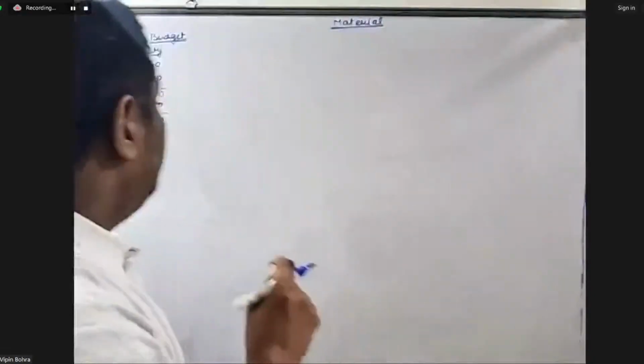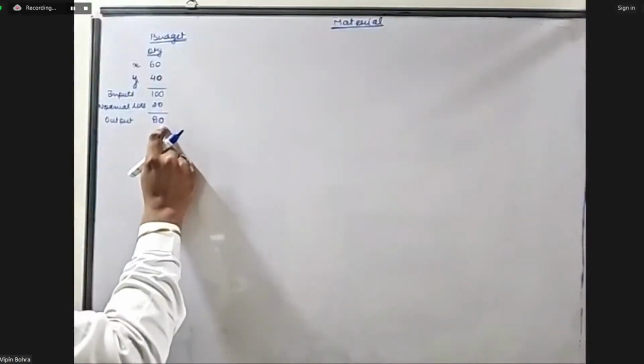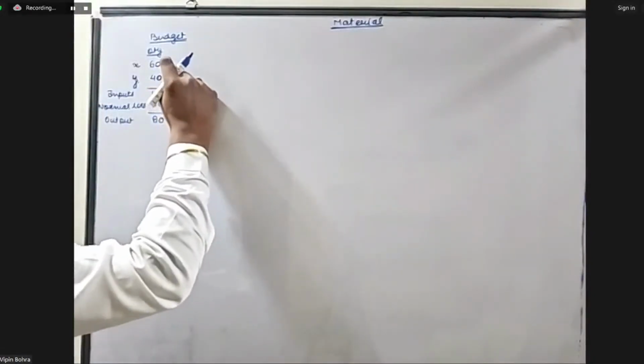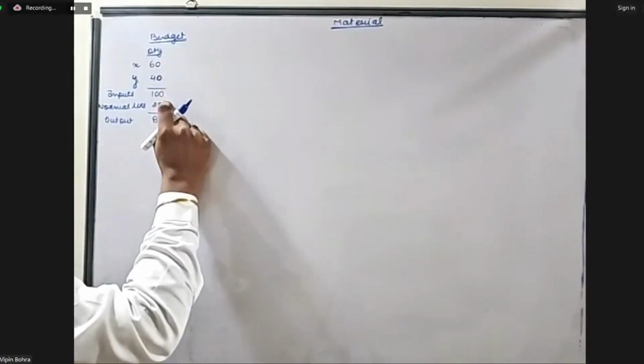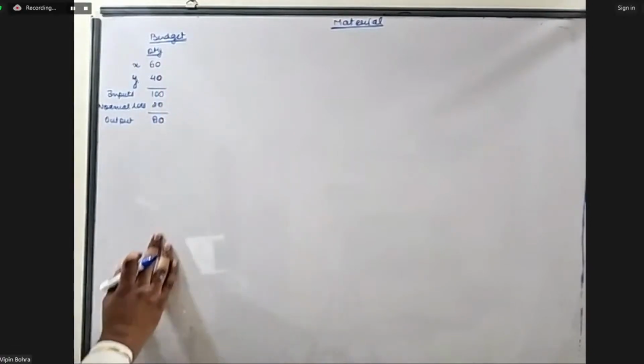Now, Mr. Mohammed is well aware that for every 80 units of output, we have to make two inputs: 60 of X, 40 of Y. Total inputs will be 100, 20 will be the normal loss and 80 is the output. Again,